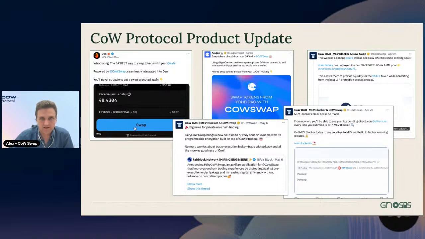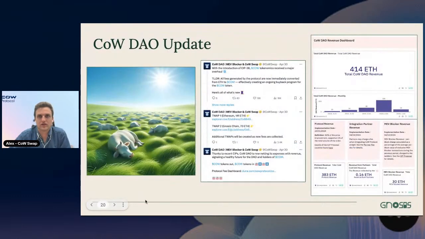And then on the next slide for the CowDAO update. In terms of actual DAO votes, there hasn't been any movement since the last time I was here speaking, but there has been movement in two areas that are relevant for the DAO. The first one is that the actual CIP-38 that we covered, I think in the last call, was finally activated. And what has happened is that now we have sort of